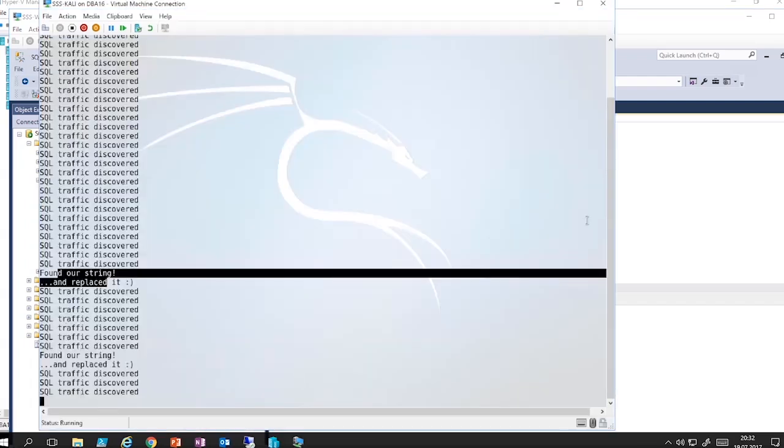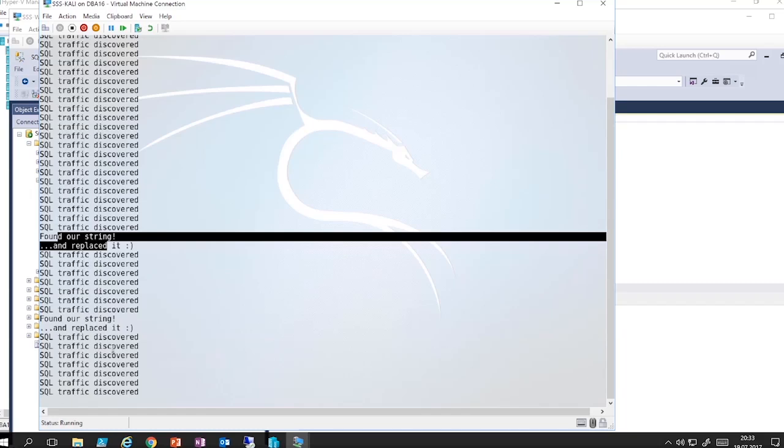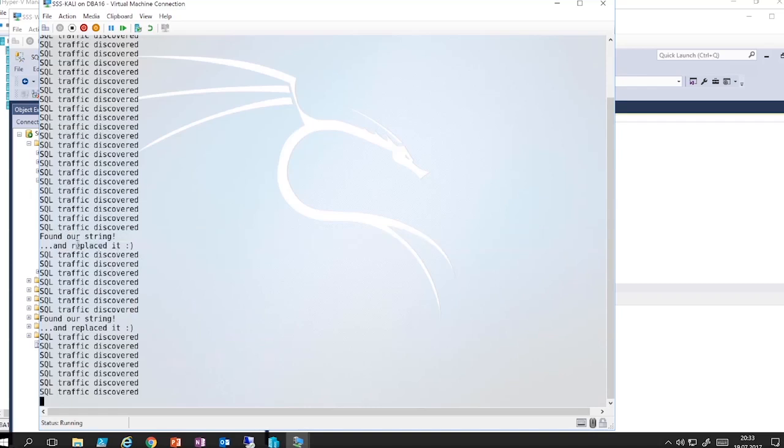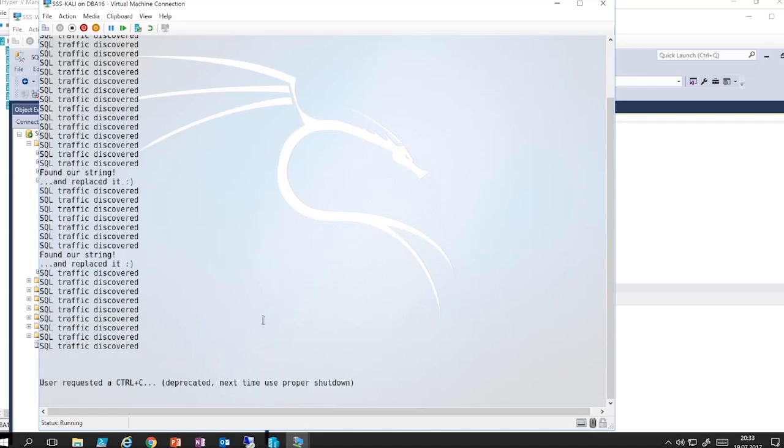But of course you can change the script to end the SQL injection in the TDS packets after the first replacement. So I will exit it,